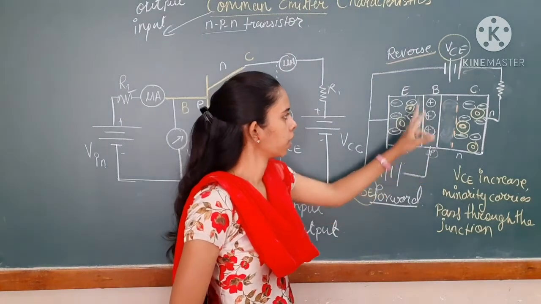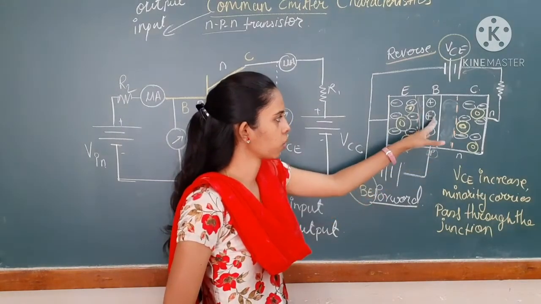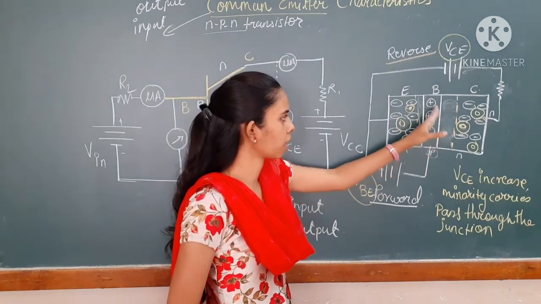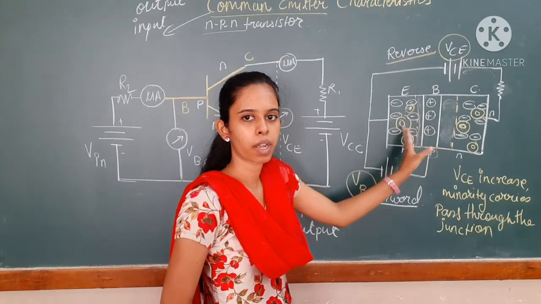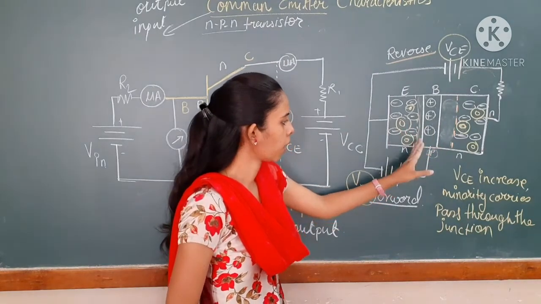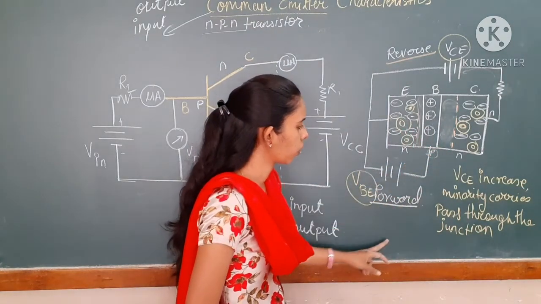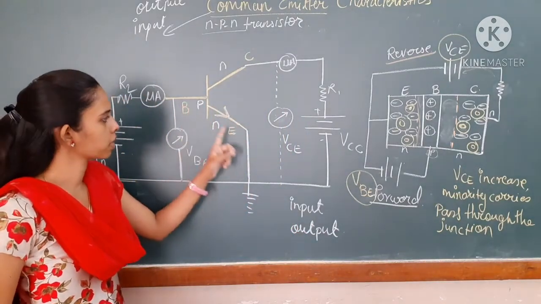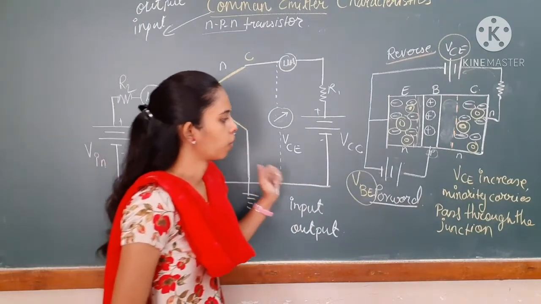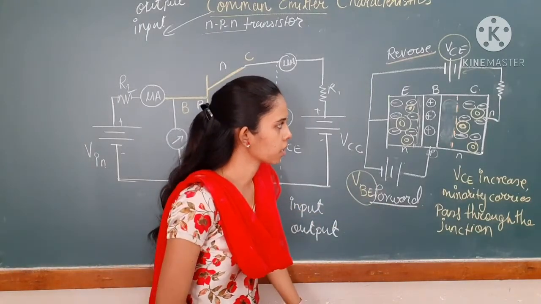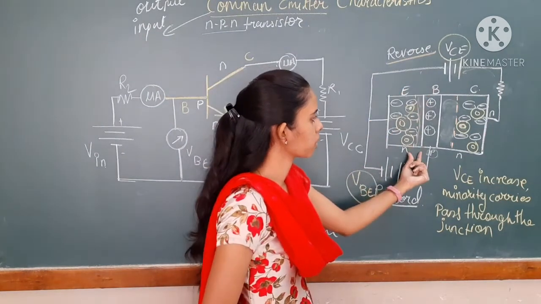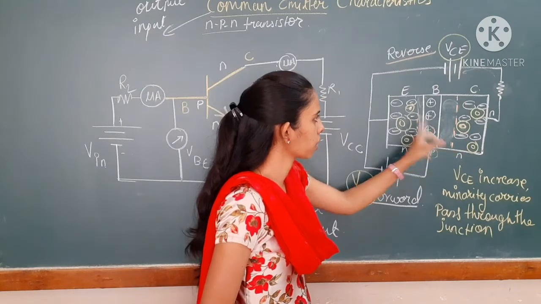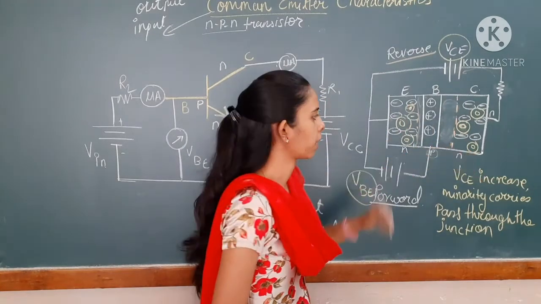Okay, so therefore there is no gate present over here, so that they are not able to come. So due to this, what is happening? It shrinks, and therefore there is a flow of electron and hole pairs. Now the forward current is going to increase when you increase the potential across the base and emitter. Okay, now forward bias current increases. This also increases, because holes are also going to come towards this, and therefore the IC is also affected.